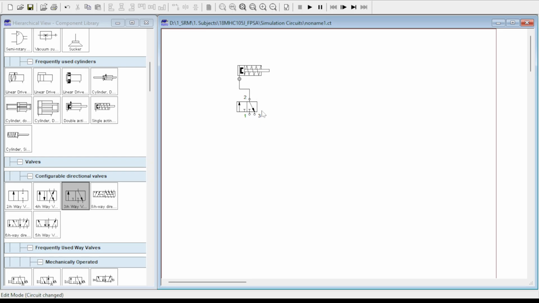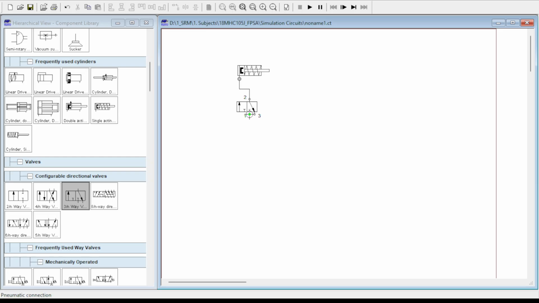As per the nomenclature of the DCV, port number 1 will always be the input port to which the pneumatic source will be connected. Port number 2 or any even numbered port will be connected to the cylinder, and they are nothing but the output ports. And all the other odd numbered ports are meant for exhausting into the atmosphere.